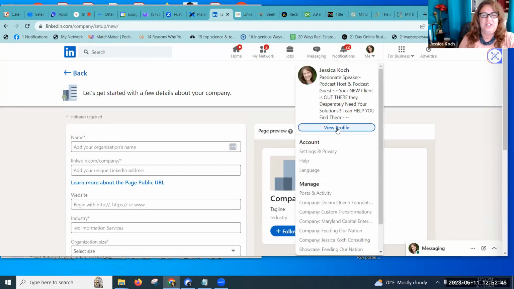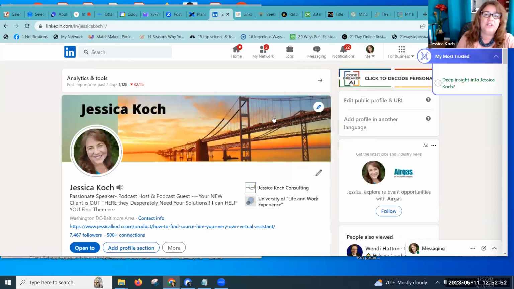I thought it was important to share with you the value of a company page. Now you can make posts on a company page. You can actually create an event on a company page. A company page is not a group though. You should also, in my opinion, groups are really powerful. Groups are where you actually have more engagement with your audience, and people can follow your company page. They can read your posts, which is lovely. But having a group is a place where you really pull together that like-minded avatar of who is your client, and creating a group